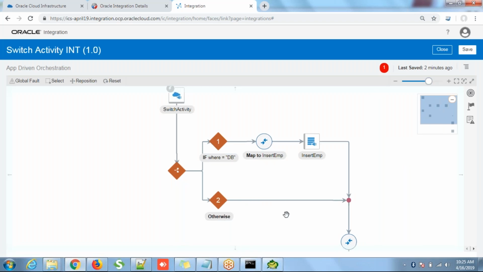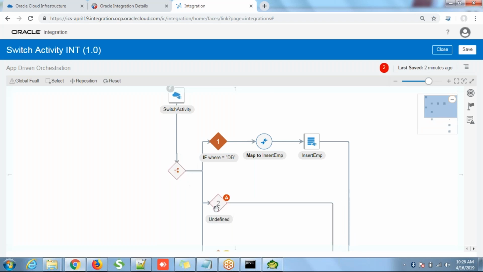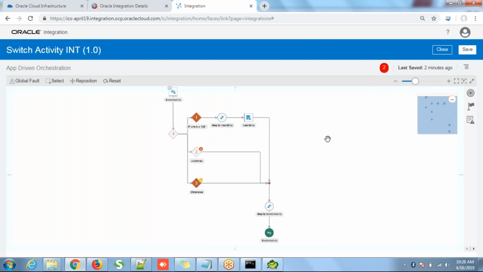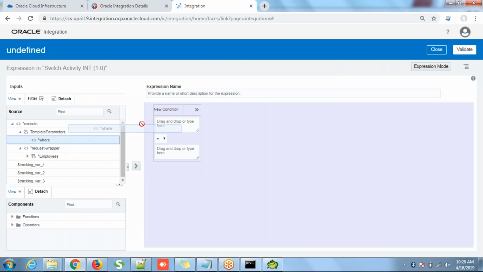Okay, then we can add one more branch here. If I click the plus button here, it will add one more. You can add as many branches as you need. Okay, so here if I say where is equal to file,